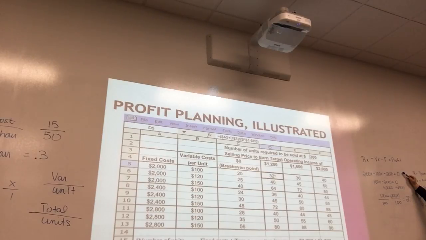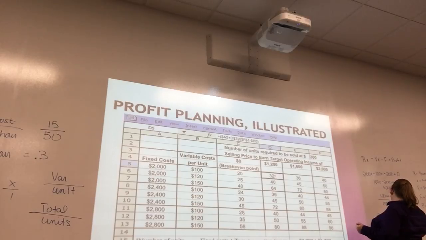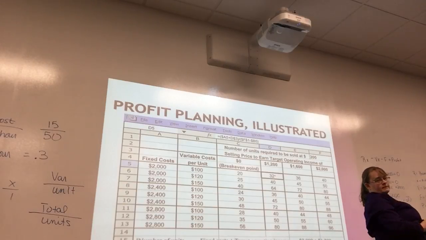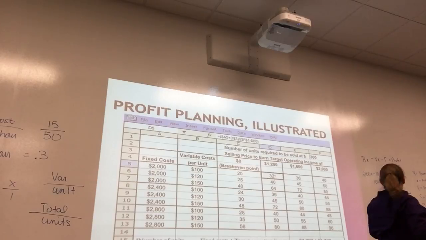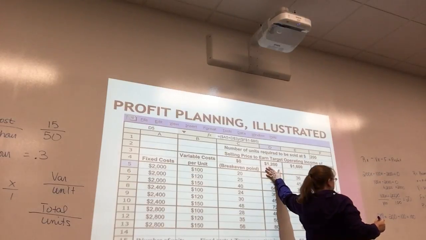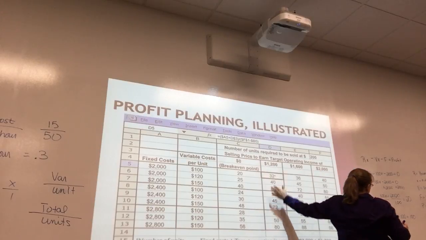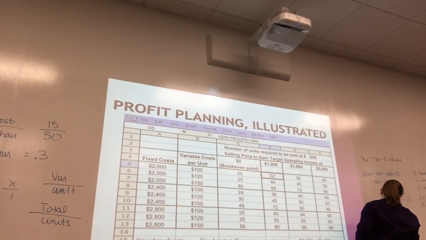My revenues minus my variable expenses, right? So my contribution margin is 200 minus 100 equals 100, right? So what I want to do is, if I want a $1,200 profit, I take the profit divided by the contribution margin. That gives me the number of units